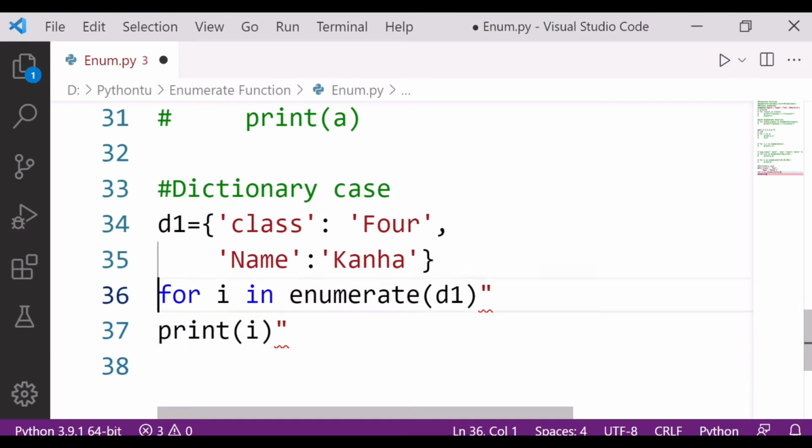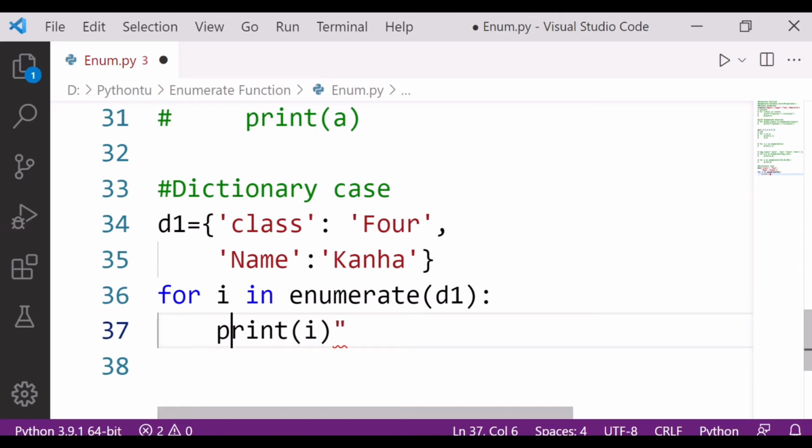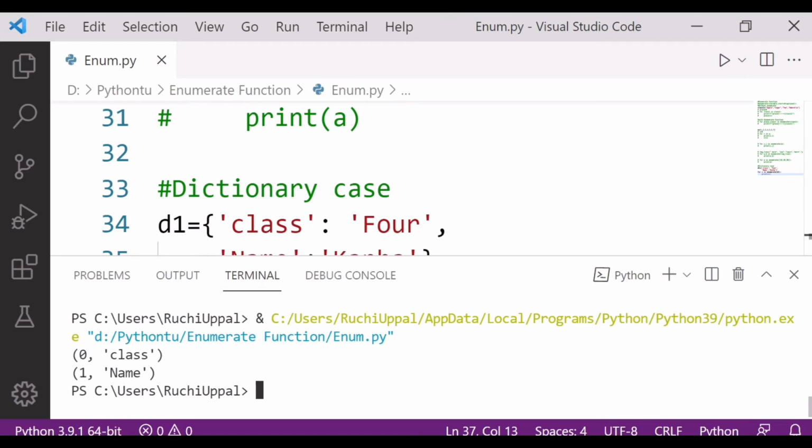How has it come? It should not come. Control S. Okay, so let's see the answer. It is again telling me that at 0th index class, so that means it will give me only the key